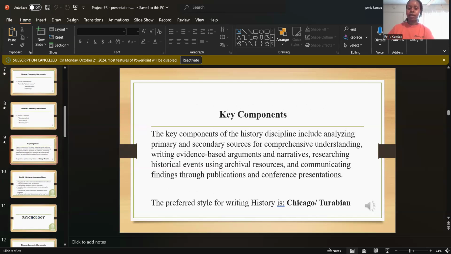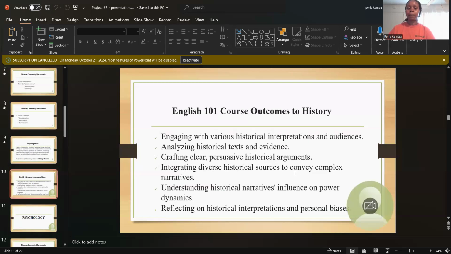The preferred style for writing history is Chicago. English 101 course outcomes for history are engaging with various historical interpretations and audiences, analyzing historical context and evidence, crafting clear, persuasive historical arguments, integrating diverse historical sources to convey complex narratives,